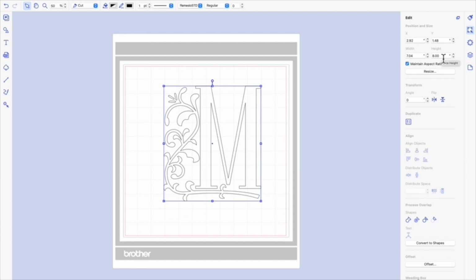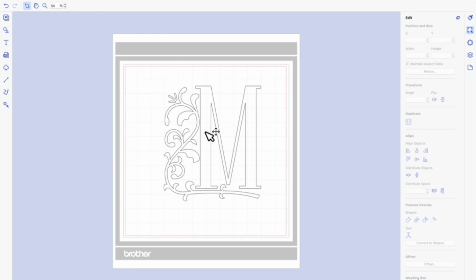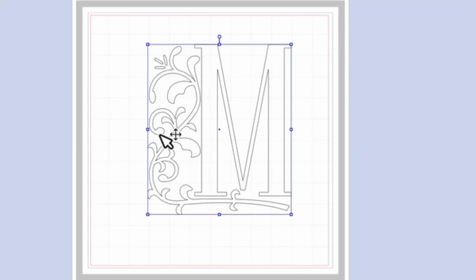Now you can see from hopefully this letter on your screen that although there is a decorative element here, it's a nice simple shape, so it's a solid shape. There's no kind of bits in the middle of these leaves that can interfere when you break a design up like this, or that can disappear or can stop you from being able to use the process overlap functions. So that's why I thought I would just do another video and show you,